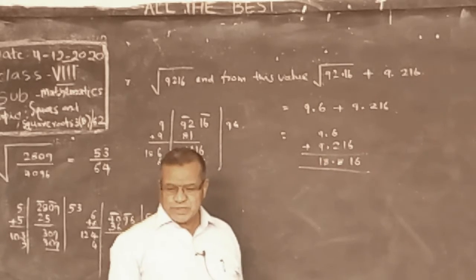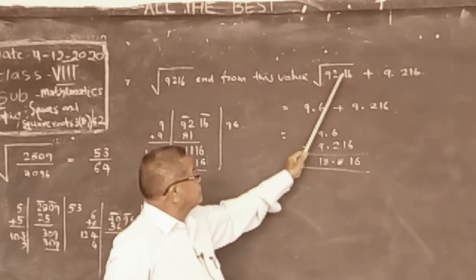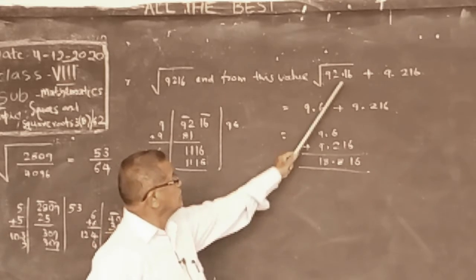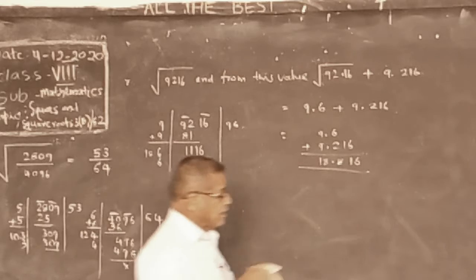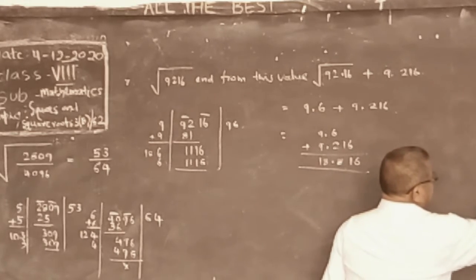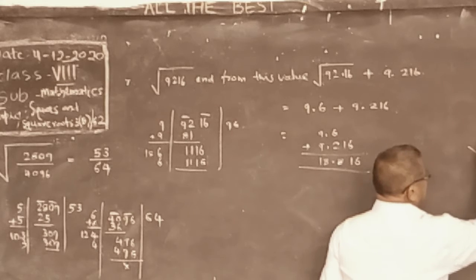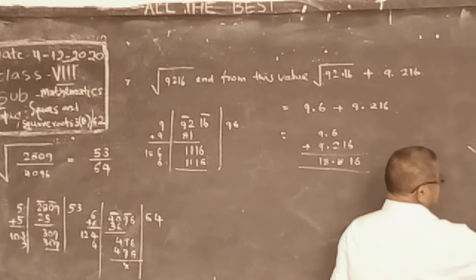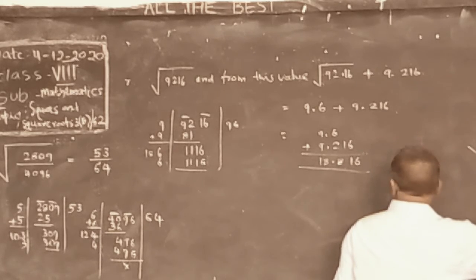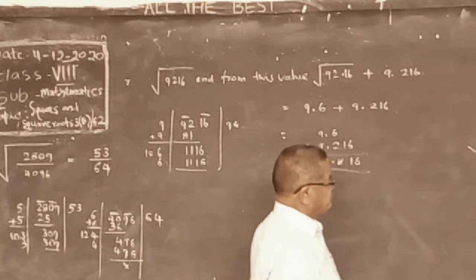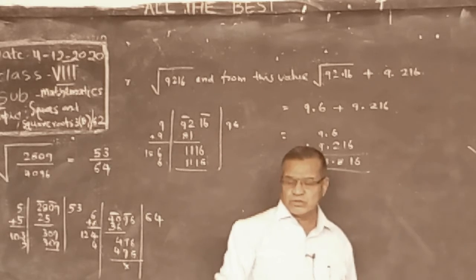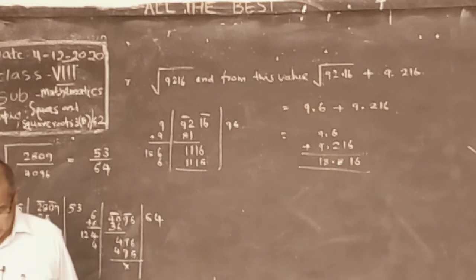If there are decimals, after 4 digits, you take 2 digits. Like, suppose 0.926, 0.9216. Suppose what is its square root? We did already for a whole number. 96 digits are 2. So 96 is the 0.96, 2 digits. Here 1, 2, 3, 4. In the square root, make half 2.